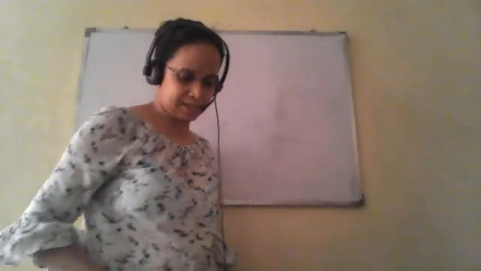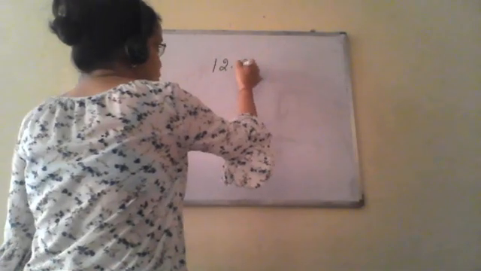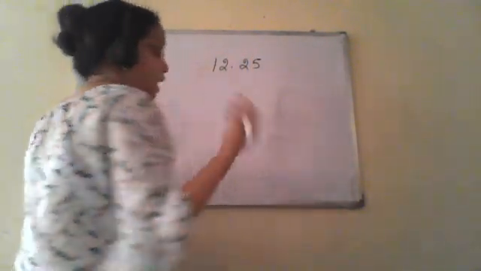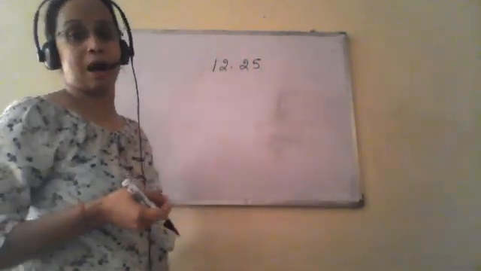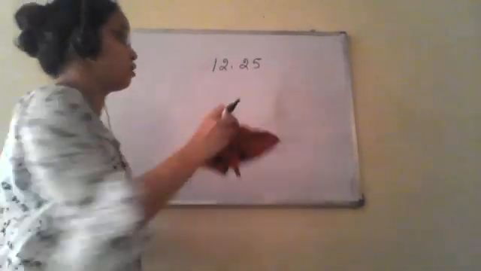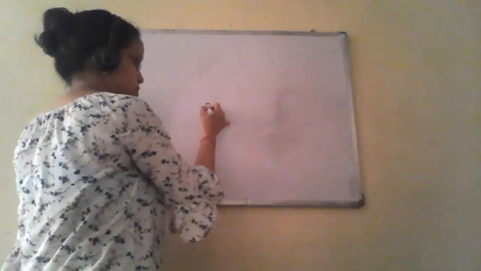How to calculate the square roots of decimals. One more thing, the square root of the decimal part, how to find it? Suppose there is a number 12.25. How do we put the bar on a number which is in decimal form? I'm telling you in a generalized way. So if we have